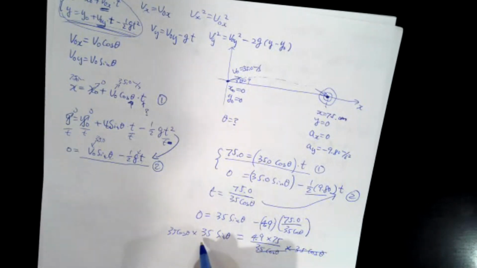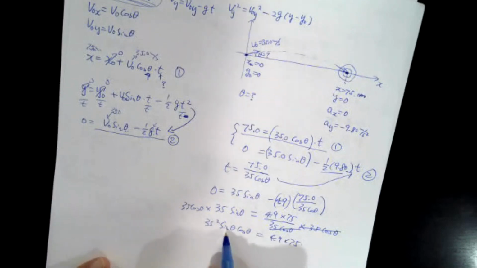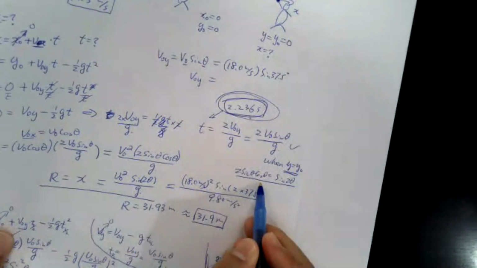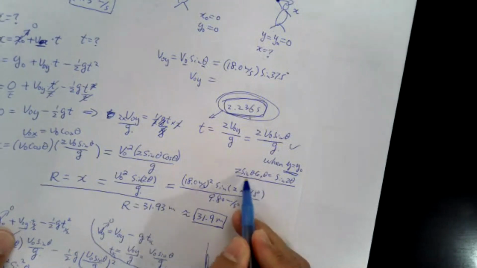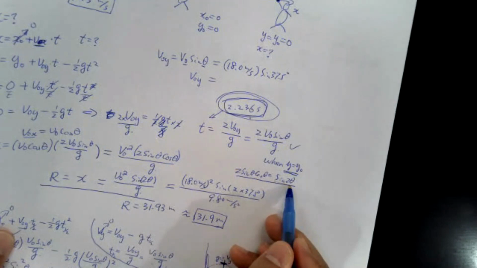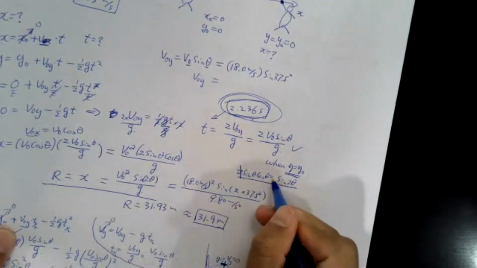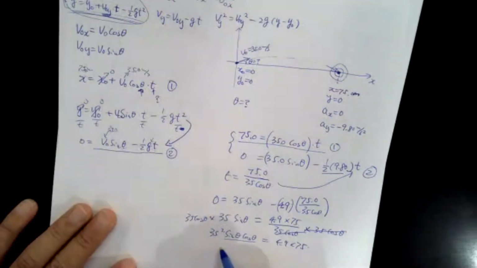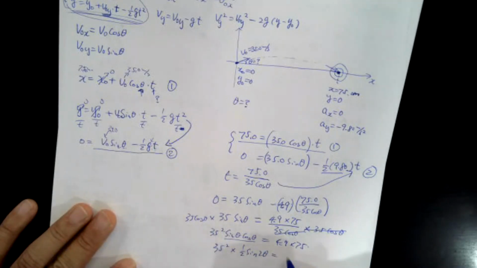Then this is 35 squared, sine theta and cosine theta, equals this number. Now you need to do the trick here, because sine of theta times cosine theta, as we did in the previous problem when we were looking for a range, multiplied by 2 will be sine of 2 theta, or the other way around. So this will be equal to 1/2 of sine 2 theta. Then we say 35 squared multiplied by 1/2 of sine 2 theta equals this guy